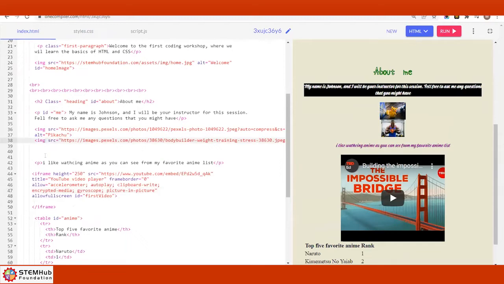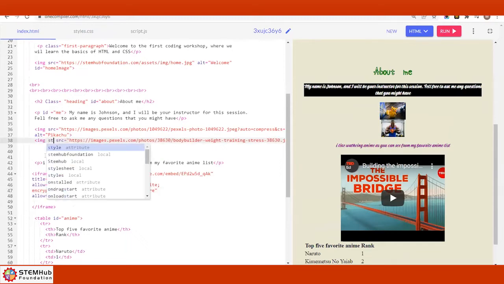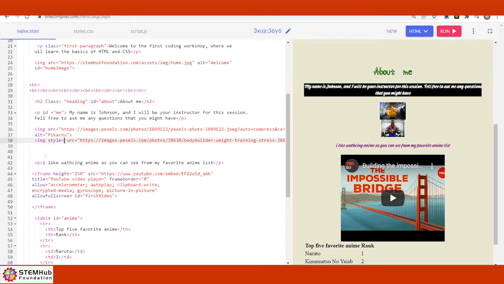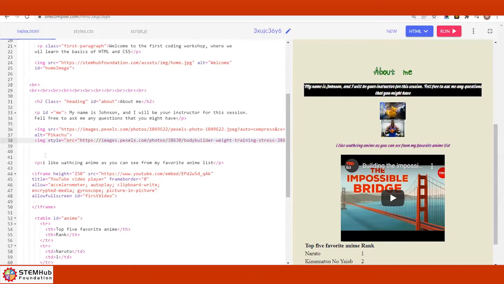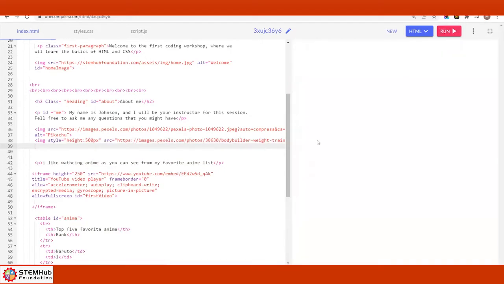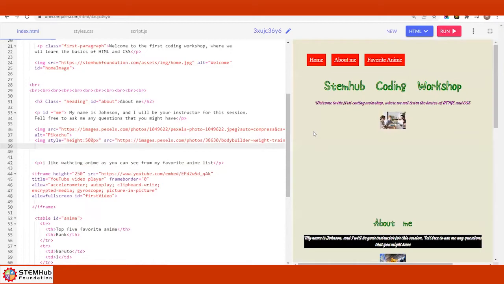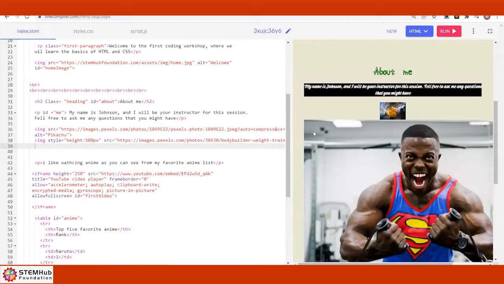So I go style equals, and then I go height 500 pixels. And then I go run. All my other images are small, and see, my one image is really big.